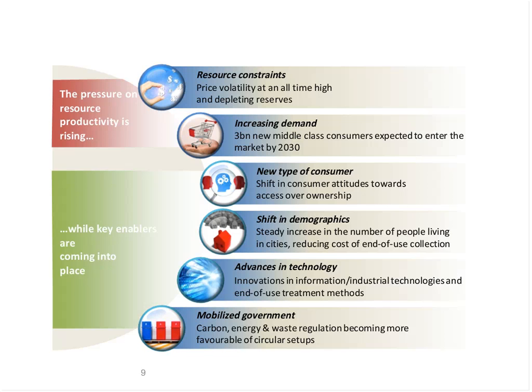And the drivers for the circular economy, some of them are very familiar, we'll know them: resource constraints, commodity price increases, commodity price volatility, increasing demand, increasing population, rise of the middle class consumers all over the world, new types of consumers for all sorts of reasons, so affluent consumers who may be feeling less affluent, and people who are definitely not affluent and are poor. How do they access a standard of living and quality of life that they see around them when they can't access, or they have low incomes and can't access certain goods and services? Shifting demographics,